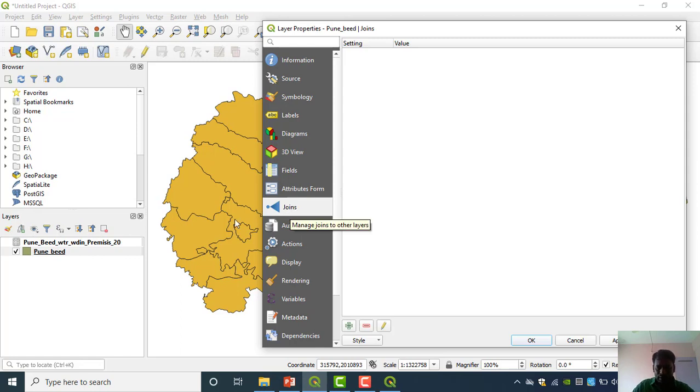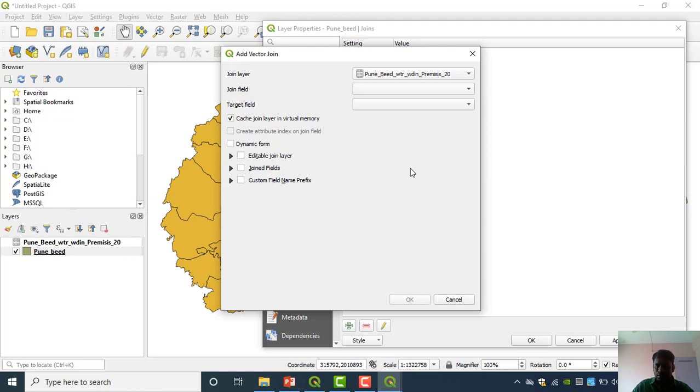What we did, we just right click over here, then Properties, then the Layer Properties window will appear. In that Layer Properties window, the join option is there, we have to click on Join, then click Add New Join. What is it asking? Join layer, which layer do we have to join? We have to join this layer with this one, then automatically that join layer will appear here. Sometimes suppose we have many layers here, and in the drop down many layers will appear. My suggestion is that to avoid confusion, please don't keep many layers here, keep only the layer you are working with.